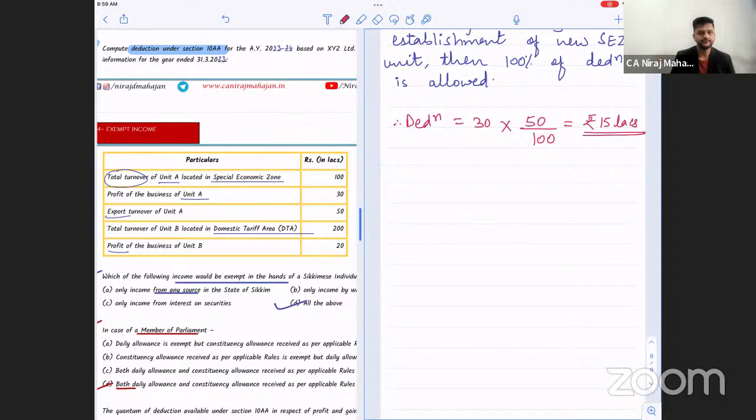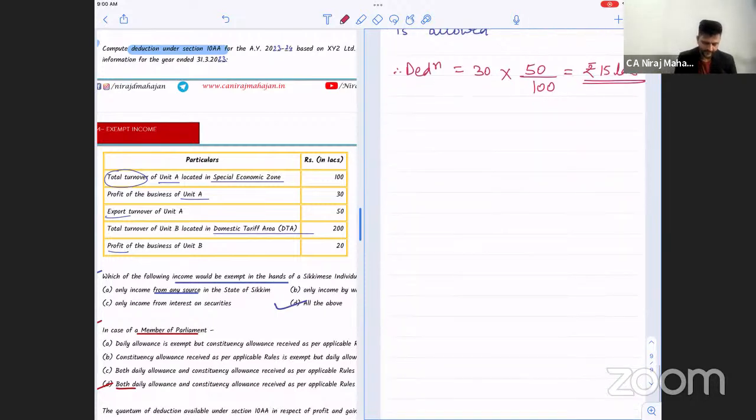Provided, or assuming, we are still in the first 5 years of the new unit. Understood? If it was in the next 5 years, 15 lakhs into 50%. If we are into the last 5 years, 15 lakhs into 50%, which is transferred to special reserve. Yes, still all of you? So I'm writing the point. Therefore,